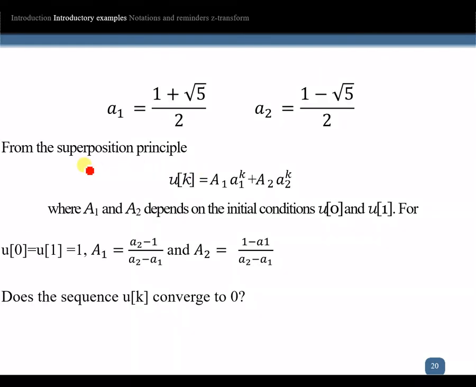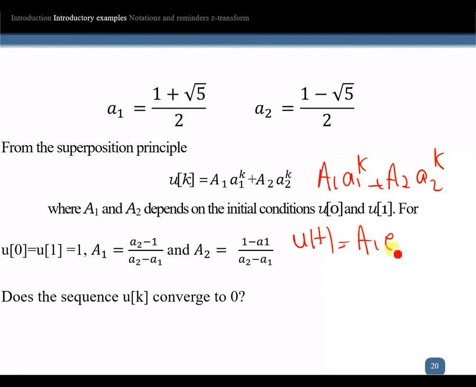If you find the two values, by the superposition principle, you can find u(k) is equal to A1 a1^k plus A2 a2^k, similar to the u(t). If you remember u(t), I find the A1 e^(a1 t) plus A2 e^(a2 t). Another method